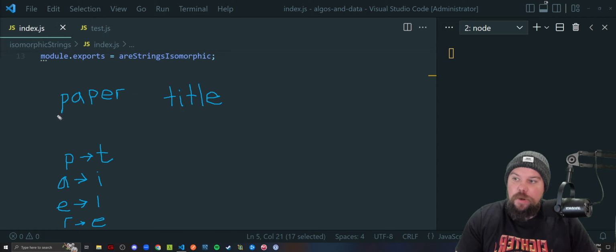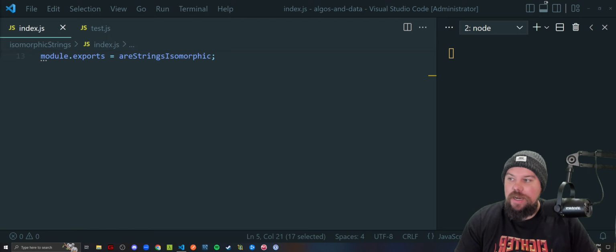So remember, the point is you look at the correspondence of each character to make sure that they can correctly swap positions with a character in the other word, and you have to also make sure that character maps aren't repeated like they were in the foo and bar example. So with all this in mind, let's actually think about how we're going to solve this one here